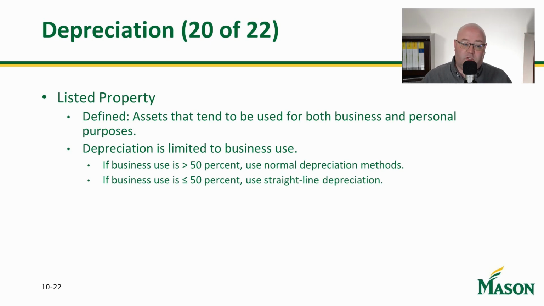You can bonus some things and 179 others. That's perfectly all right. But you want to make sure that you're taking advantage of that 179 deduction at the state level, if at all possible. Now, if you're in a state that doesn't have an income tax, don't even worry about it. Do a bonus and move on. But sometimes it may end up doing better to do the immediate expensing versus the 168.